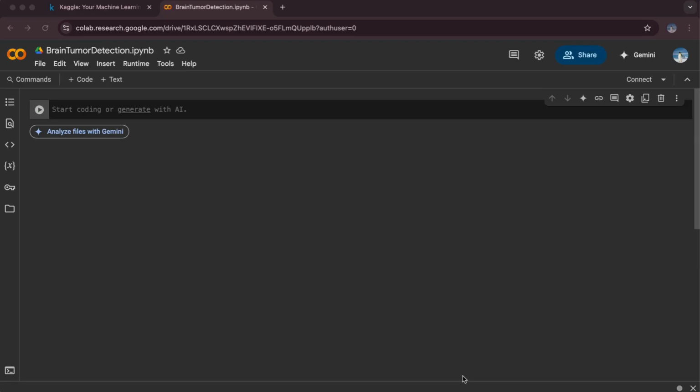Hello everyone. Today we are going to build a machine learning algorithm that is going to be able to detect brain tumors from an MRI scan. Now we are going to be using the language Python and the framework TensorFlow to build our model. Now we are going to apply transfer learning on an InceptionV3 pre-trained model. Now if you don't know what any of these terms mean, don't worry as I will cover it later on